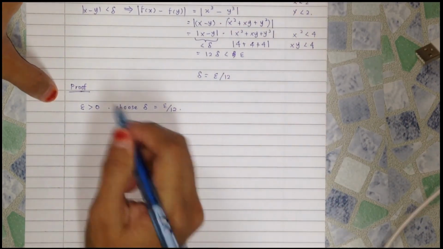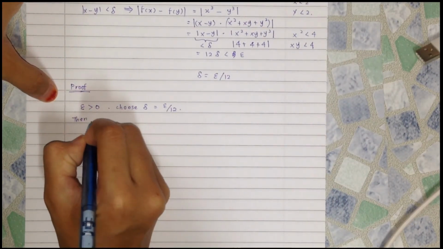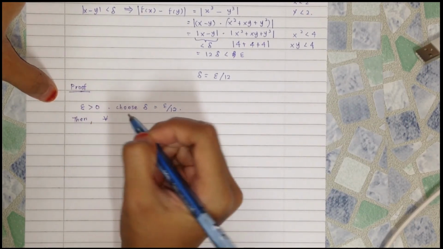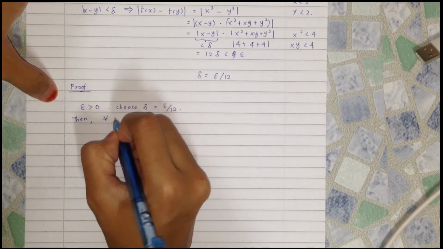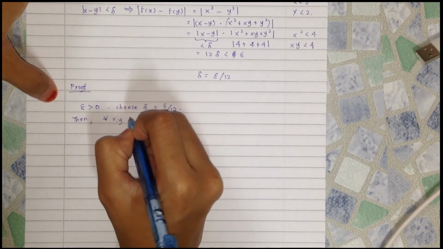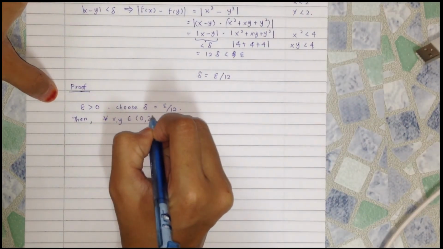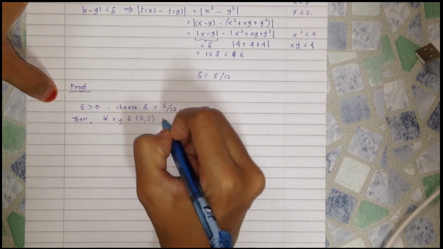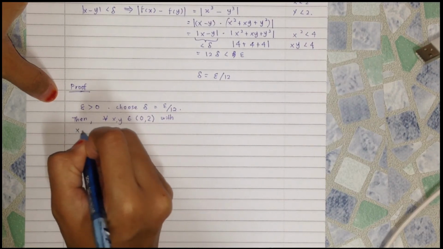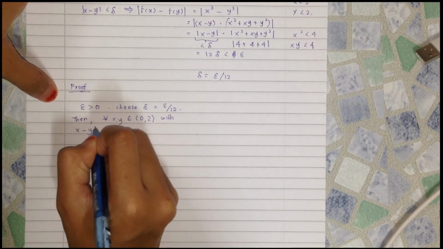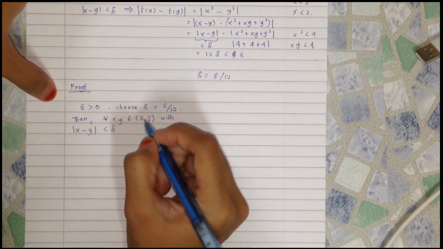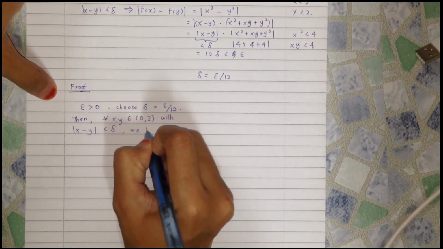Then for all x and y in the open interval (0, 2), with the distance between x and y less than delta, we have